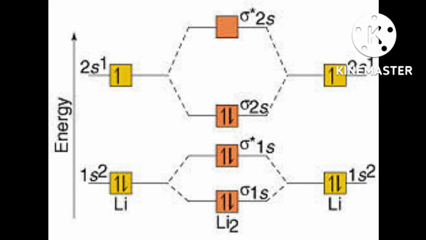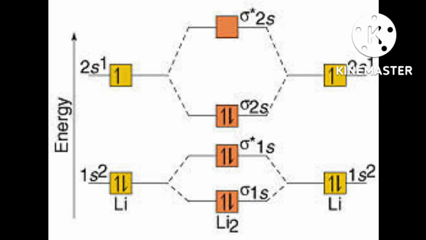Sigma 2pz or anti-bond sigma, or sigma antibond 2pz. When you are considering z, then you have to write z. When you are considering y, then you write y. When you are considering x, then you should write x. Then if you can say